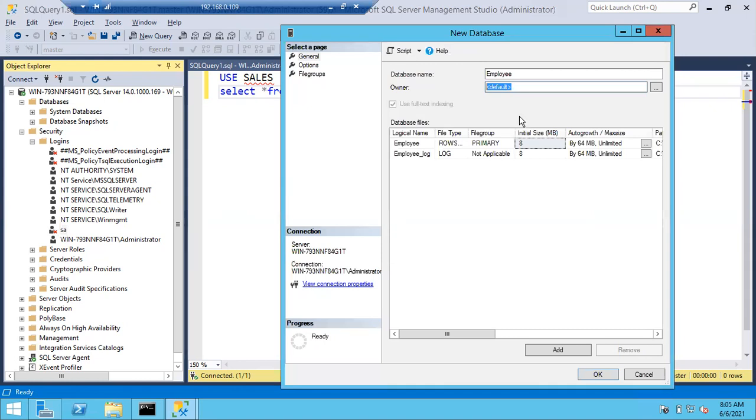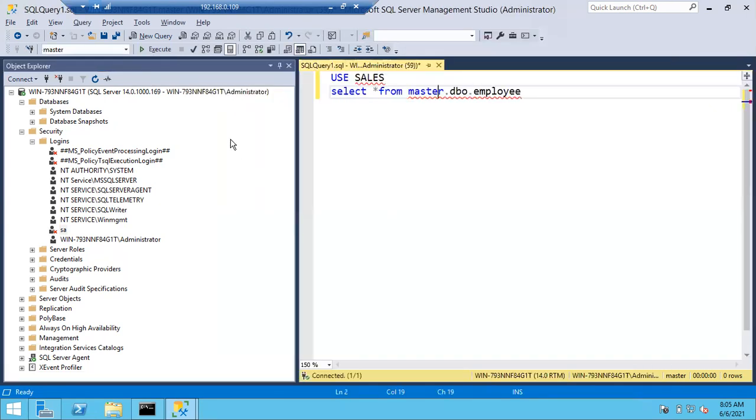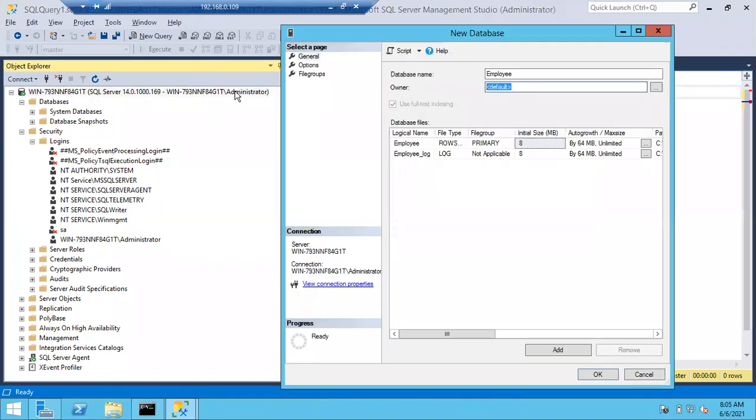Sometimes people simply create the database and don't change the owner. If I click OK now, I'll get a login name. With which login am I working now? With administrator, right? Now if I click OK without changing the database owner, what happens?